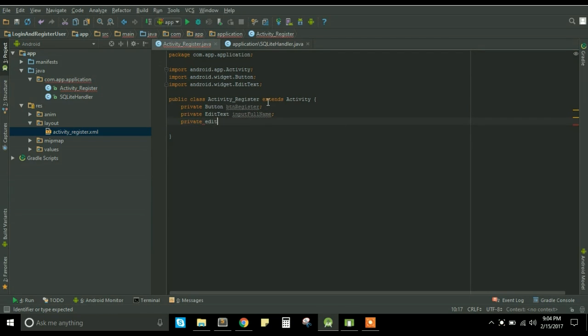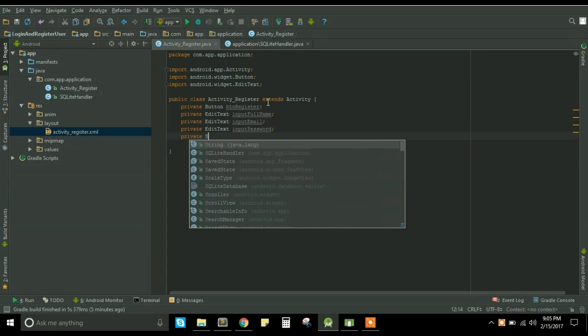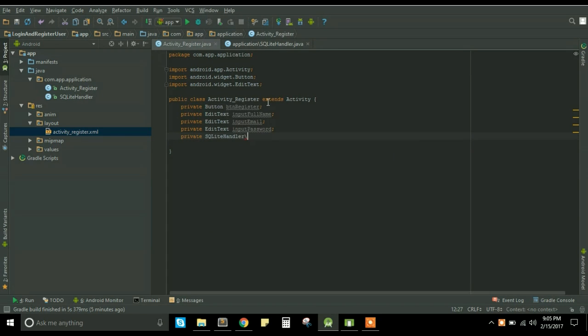Now we'll be making one more edit text, that will be input email. We will be making one more edit text, this will be input password, and we will be creating a SQLite handler object. We'll be making this class as you can see in the structure. So next will be